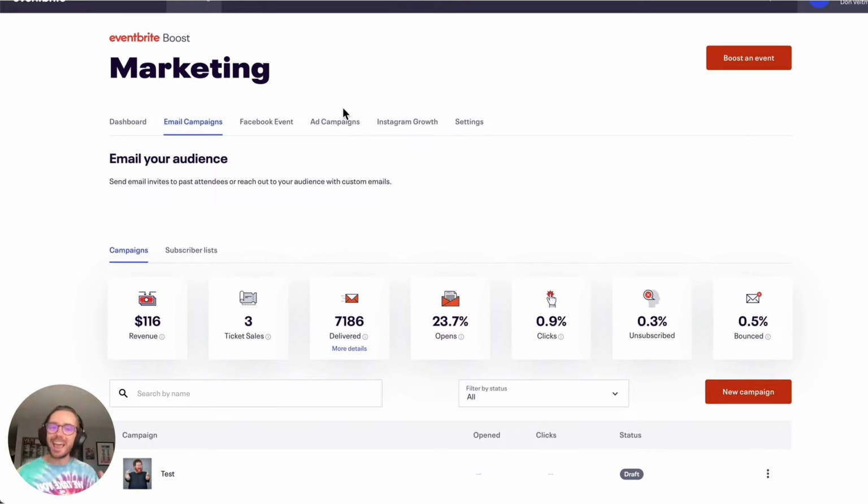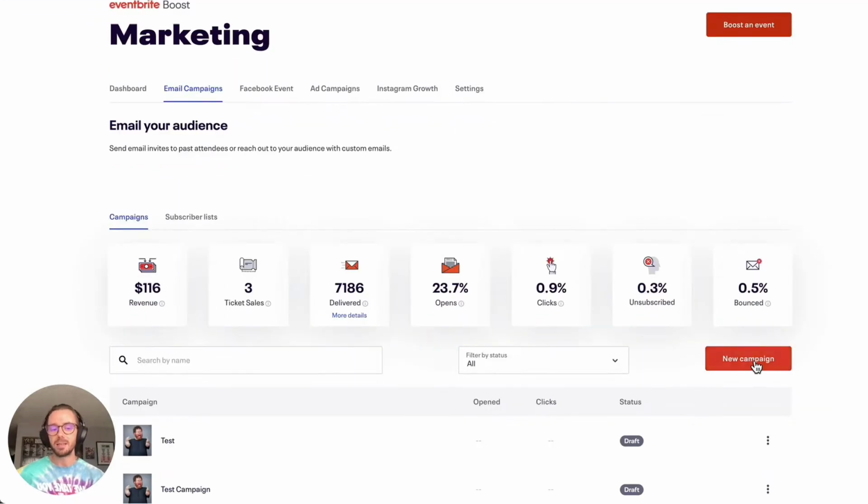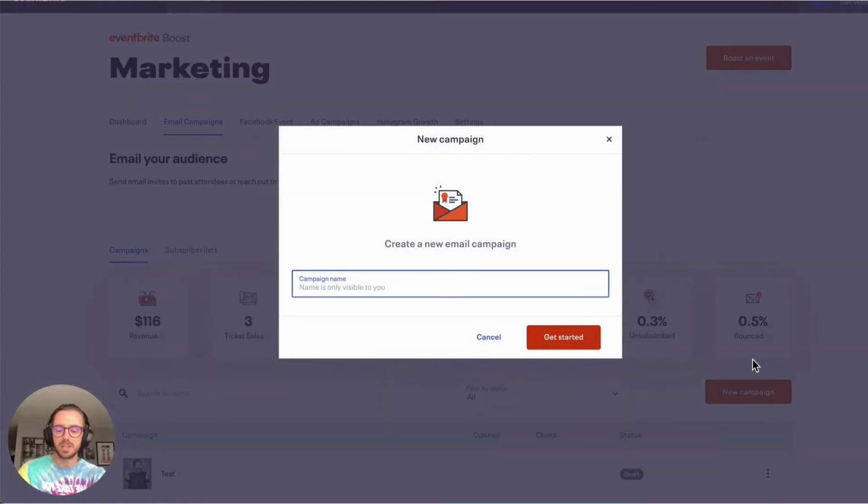So currently, anybody using this feature for free can send up to 2,000 emails a day. So let's say, for example, your subscriber list is 4,000, your campaign would send over the course of 2 days, and users on paying Boost plans will have increased daily limits down the road as well. So just diving into it, to go ahead and get started creating an email campaign, you'll want to navigate to the email campaign section. Here we can go ahead and click create new campaign,